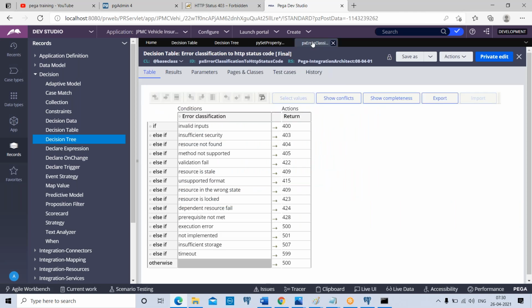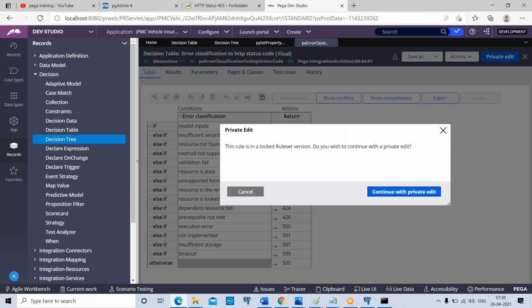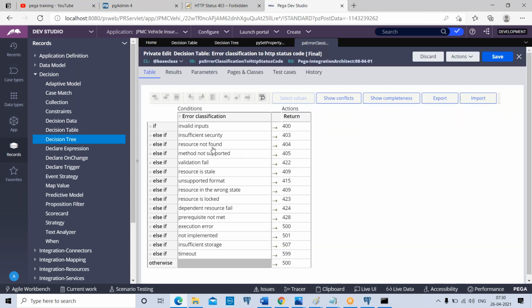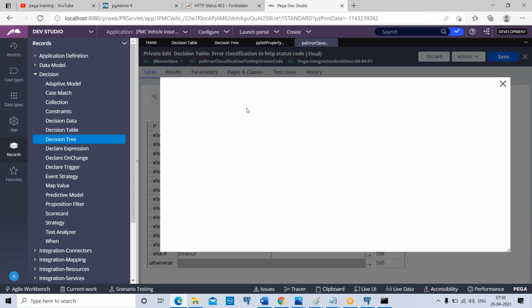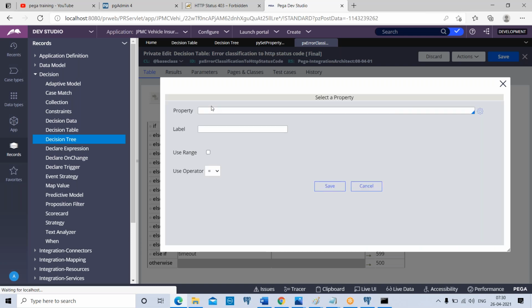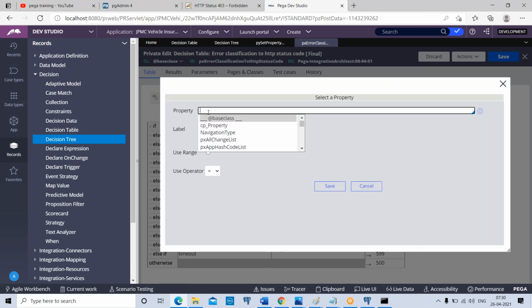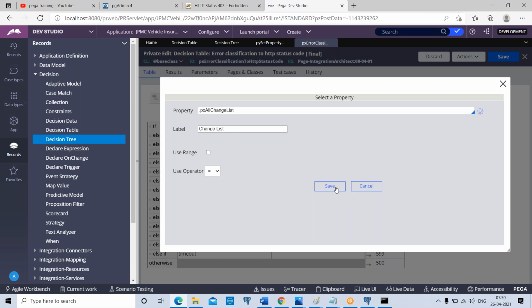Now in a decision table, let me private edit this for better understanding. We can have more than one property used in the condition. You can click on this and choose insert column after or before, and click on this icon, and you get one more property here. So you can have n number of properties used for conditions, not only one.